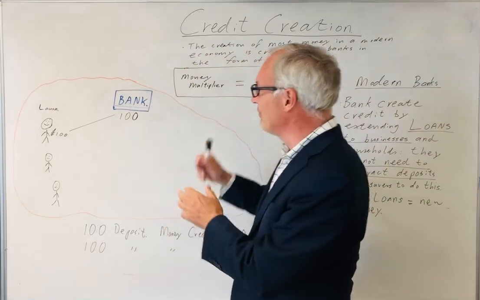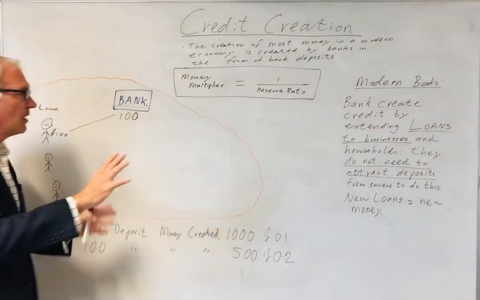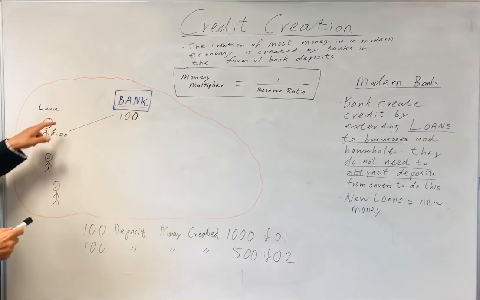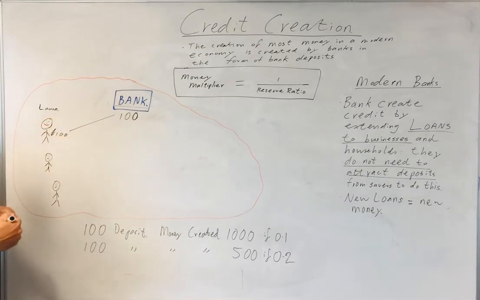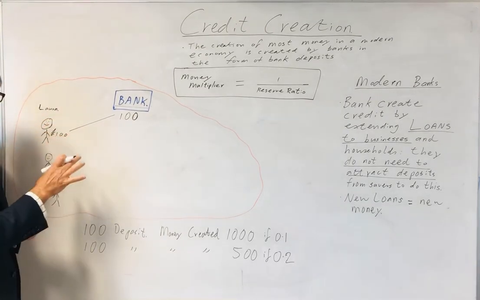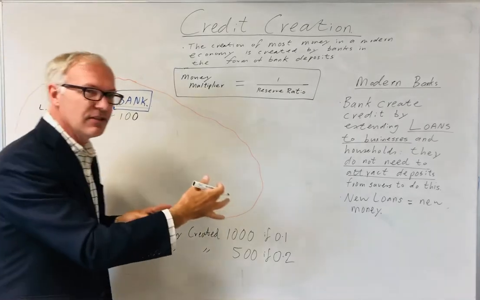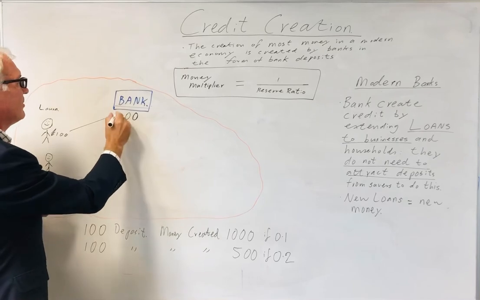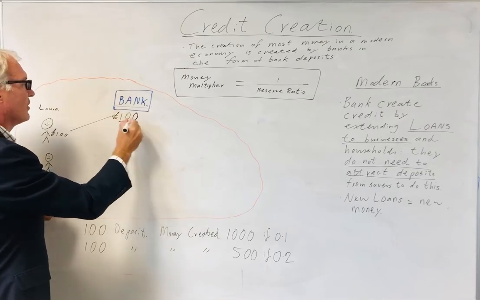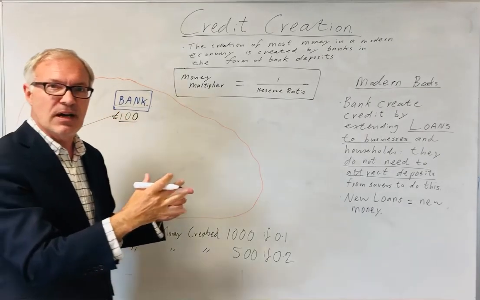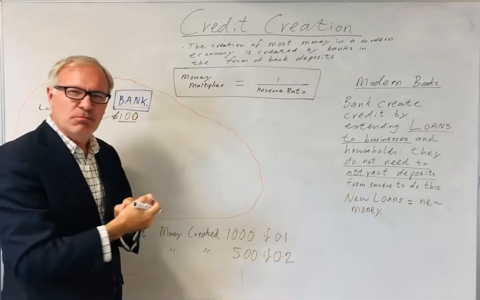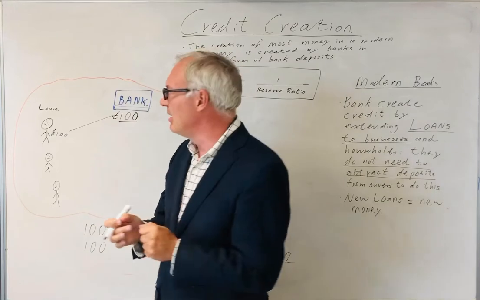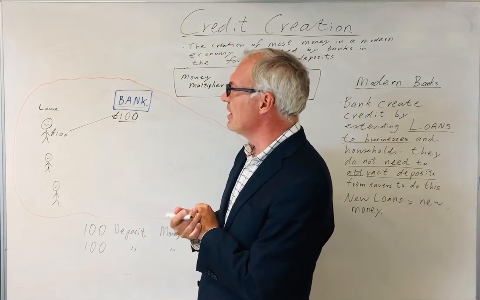So to start off with, let's assume we're on this beautiful orange desert island. On the desert island we have Laura. Laura arrives with £100 and she walks around the island and she comes across a bank. And in the bank she deposits £100. So the bank now has £100. Now, the bank thinks, we can use this £100 quite effectively and quite efficiently, because what we can do is